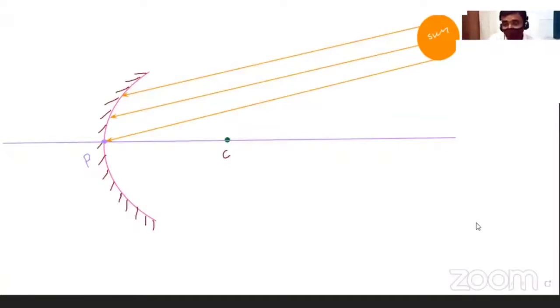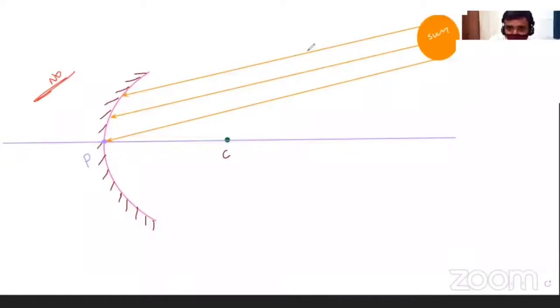So I am receiving the light rays onto the mirror surface. Then what happens? You have to notice. Are you able to see the sun over the surface of the mirror or not? That you have to find first. So see on the surface of the mirror, the reflecting surface. Do you see that image of the sun or not? If the image is not found, you are unable to see, okay, what to do? Just take a white paper.